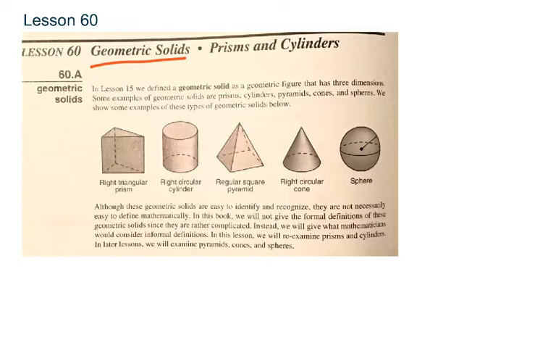So here are some examples, and I'm going to use some illustrations straight from your textbook so that we are using the exact same thing and we can look at the same pictures together. So first we're going to start right here with the right triangular prism. As you can see, if you look at the front of it, you actually see a square or a rectangle